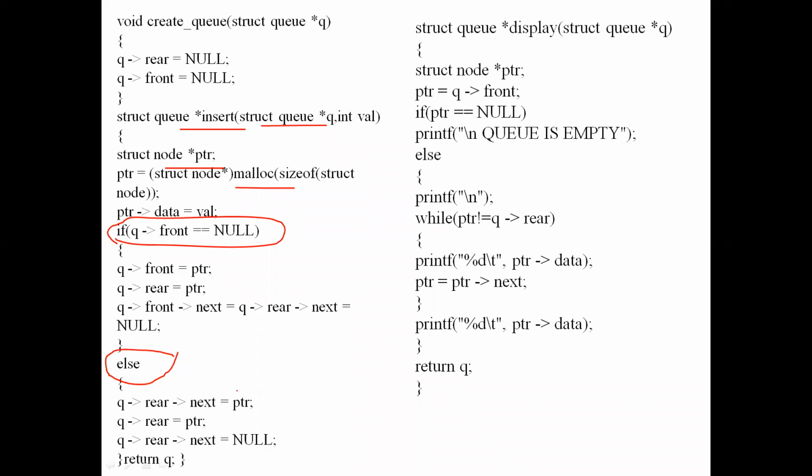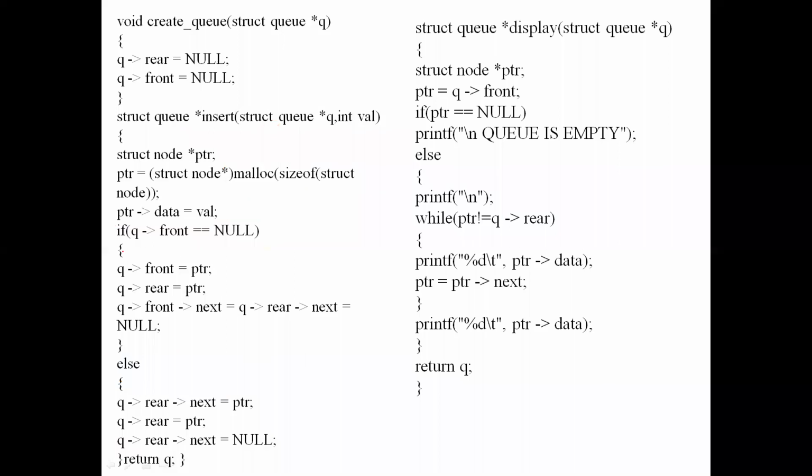You can divide this insert function into three equal parts. First one is creating a node. Here we didn't use any separate get node function. Keep it in mind: in the previous program using an array, you might have used a separate get node function. Get node function creates a node and also assigns the value to the node, right? That you know very well. But here, when calling the insert function, I'm creating a node. Both the get node function and this insert function are merged, combined.